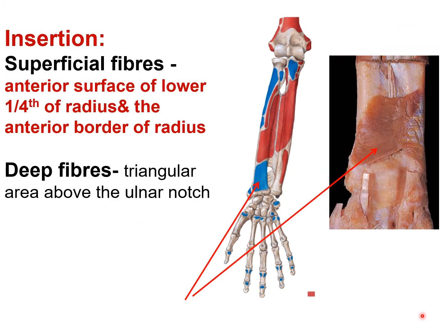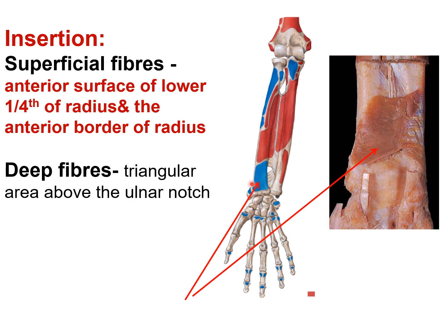and it is getting inserted by the superficial and the deep fibers. The superficial fibers, they are sloping laterally and they are inserted onto the anterior surface of lower 1/4 of radius and adjoining anterior border of radius above the styloid process. So the superficial fibers are getting inserted onto the anterior surface of lower 1/4 of radius and the anterior border